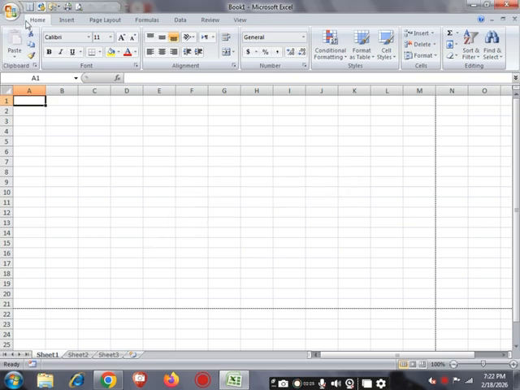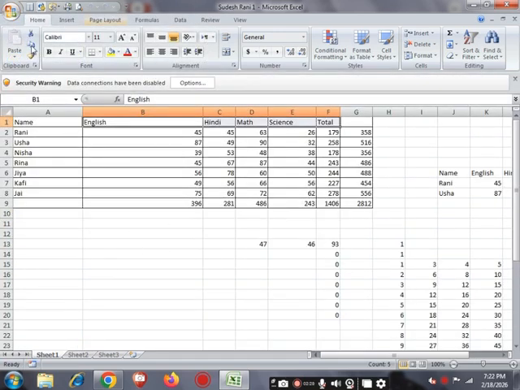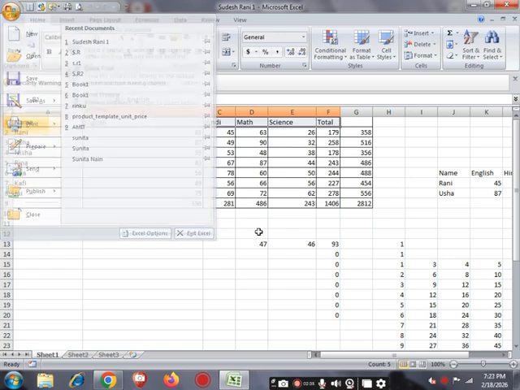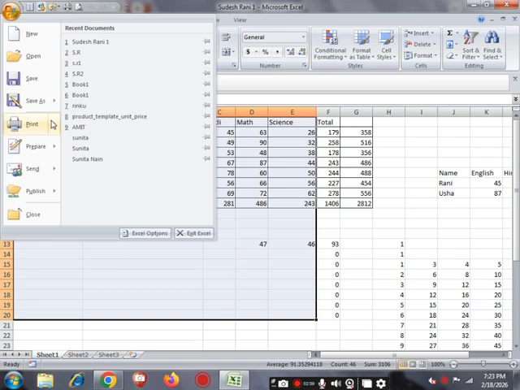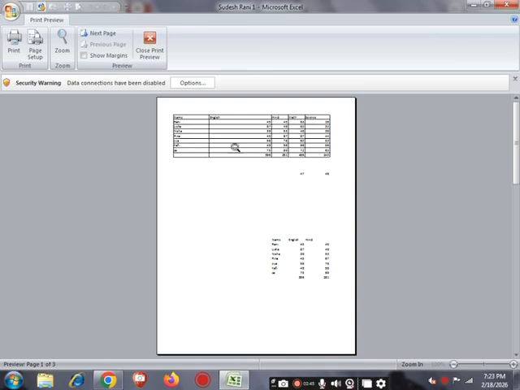For this we open this Sudeshani workbook and select some area before going to the print command. Select the print area, whichever area we want to print, then go to the print command and simply click on the preview option. See, when we click on it, it shows the document. After printing, this document will look like this.